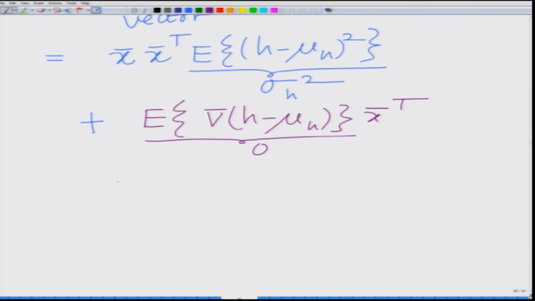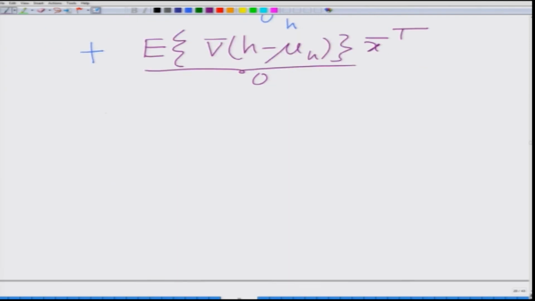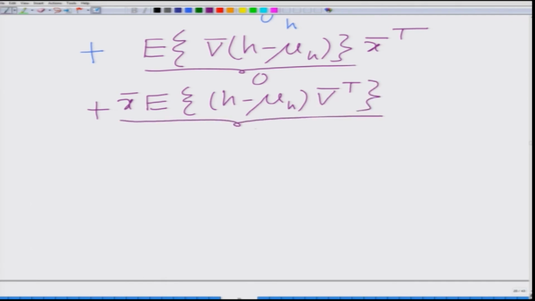We just said that the noise and the parameter are uncorrelated, plus expected value of x bar v bar transpose, or expected value of x bar into h minus mu h into v bar transpose. We know this is also 0 once again, because the noise and parameter are uncorrelated,